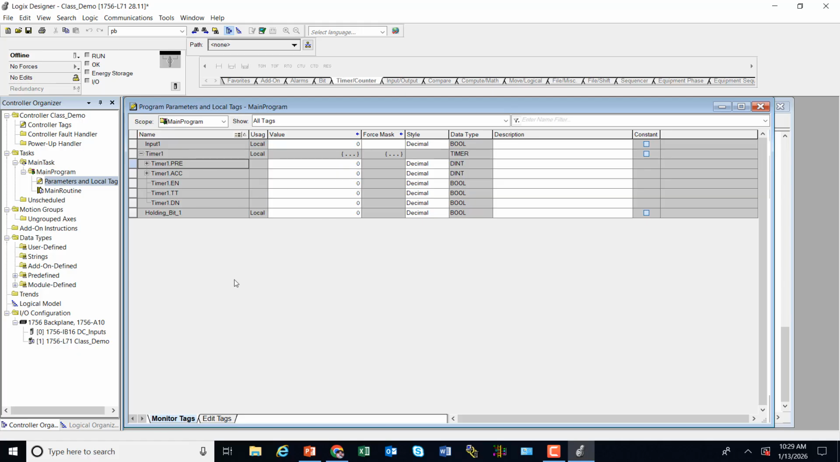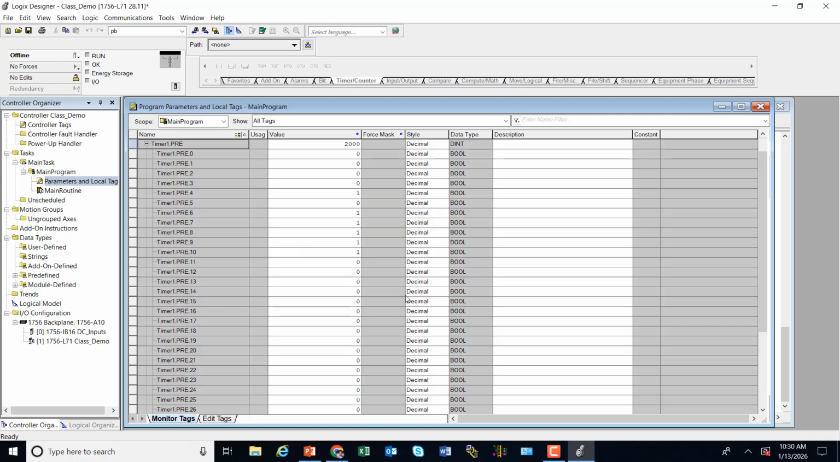Okay, so when I go to my preset, let's say 2000, that would be 2 seconds for my preset, okay? And the EN, the TT, and the DN is, well, is it done or not? So this is a Boolean. It's done or it's not. It's timing or it's not. It's enabled or it's not. But the preset and accumulation is an actual number, 2000, which is in binary, and we'll do a lot of binary. 2000 is